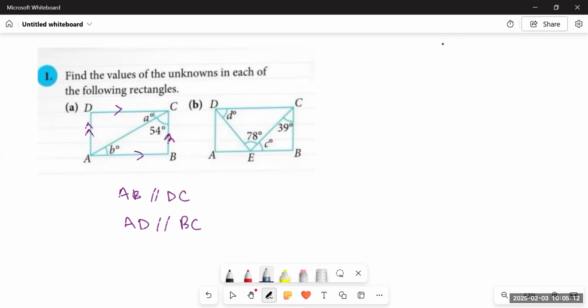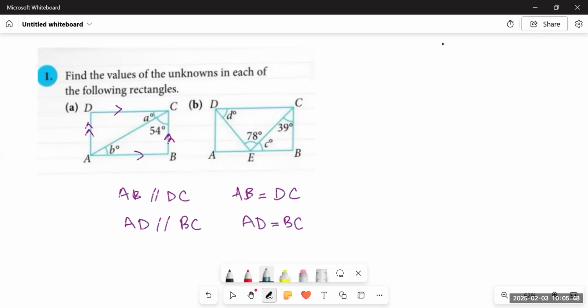Whatever is the length of AB, it would be equal to the length of DC. So AB is parallel to DC and also AB is equal to DC. Similarly, AD is parallel to BC and AD is also equal to BC at the same time, right? And one more thing that we have to learn, that the interior angles, all four angles of a rectangle are right angles. That is, each of the angles in a rectangle and a square is 90 degrees, right?